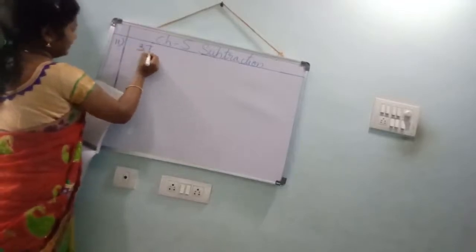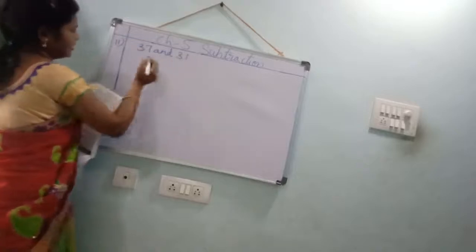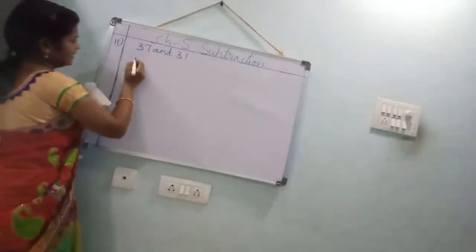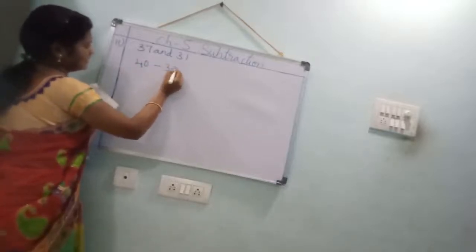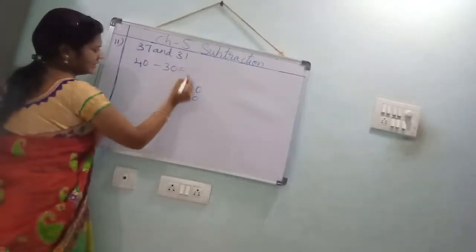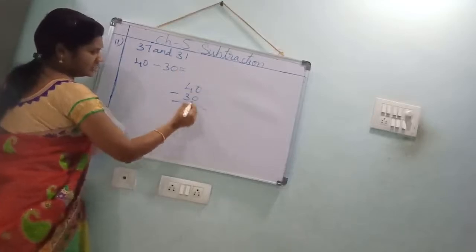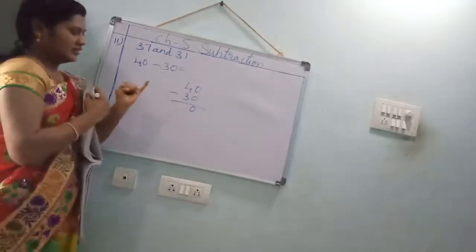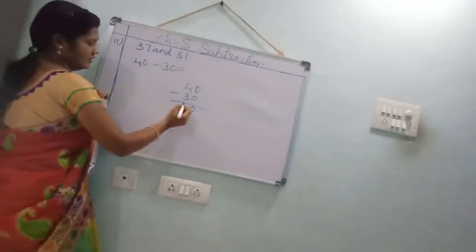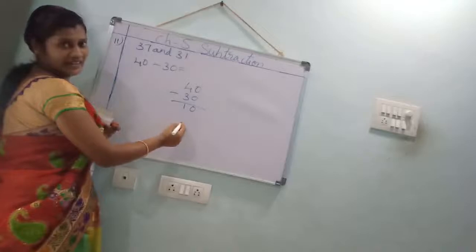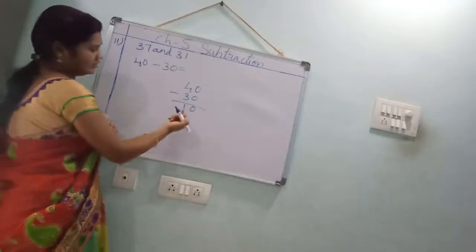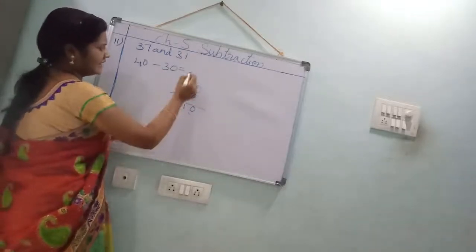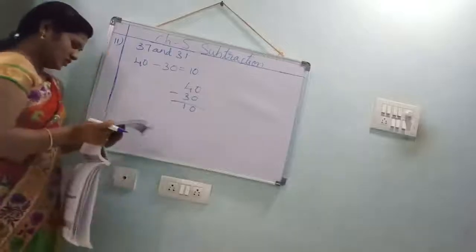37 and 31. What you have to do? You should take the nearest. 37 nearest is 40, minus 31 nearest 30. 40 minus 30. 0 minus 0, 0. In the 4 you should cut 3. What is that answer? 1. Yes. See, if you cut 4 minus 3, remaining 1 you should write here. Total how much? 10. 10 is the answer. Understood, children? Next,